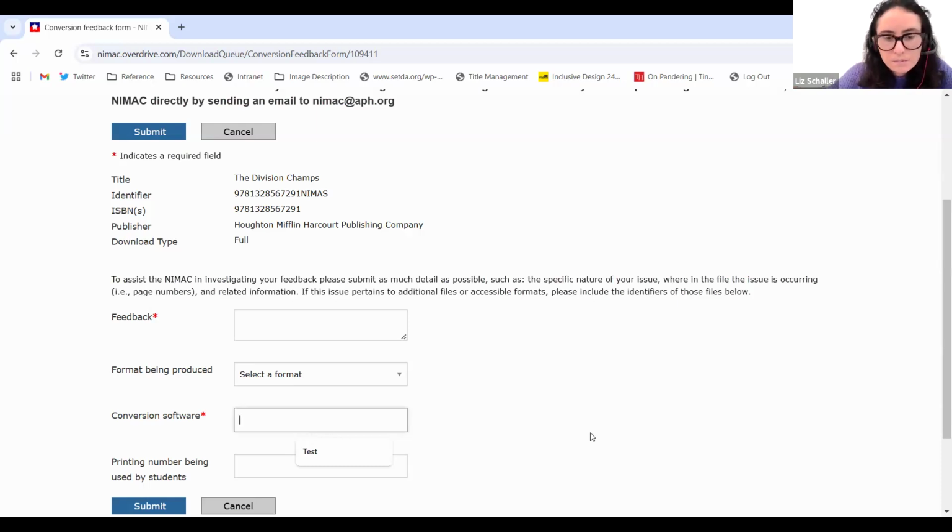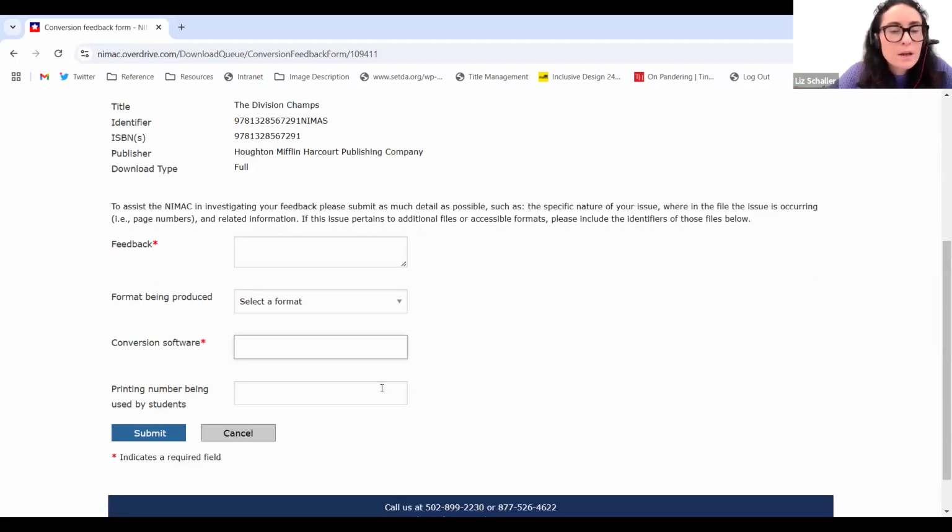And then the fourth field may or may not be relevant, but especially when we're looking at textbooks, it can be helpful if the problem that you're noticing is that you think content is missing or there's a mismatch between your print book and the file in the system. If you go and look at your print book and find the printing number on the copyright page of the book and provide that to us, that can help us quickly pinpoint the issue. And if it is possible,